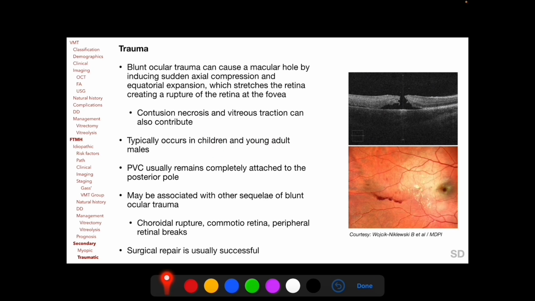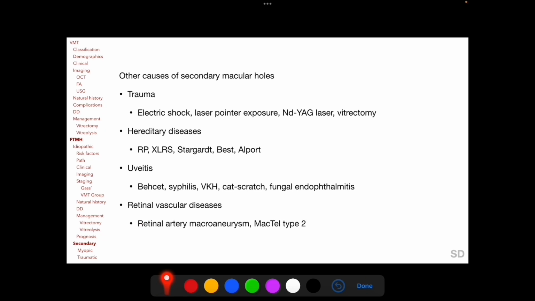In these eyes, posterior vitreous cortex usually remains completely attached to the posterior pole, and these eyes may also demonstrate other sequelae of blunt ocular trauma such as choroidal rupture, commotio retinae, and peripheral retinal breaks. Traumatic macular holes can spontaneously close, and surgical repair of traumatic macular holes is usually successful. Other causes of secondary macular holes include electric shock, laser pointer exposure, Nd:YAG laser and vitrectomy, hereditary diseases, uveitic entities,